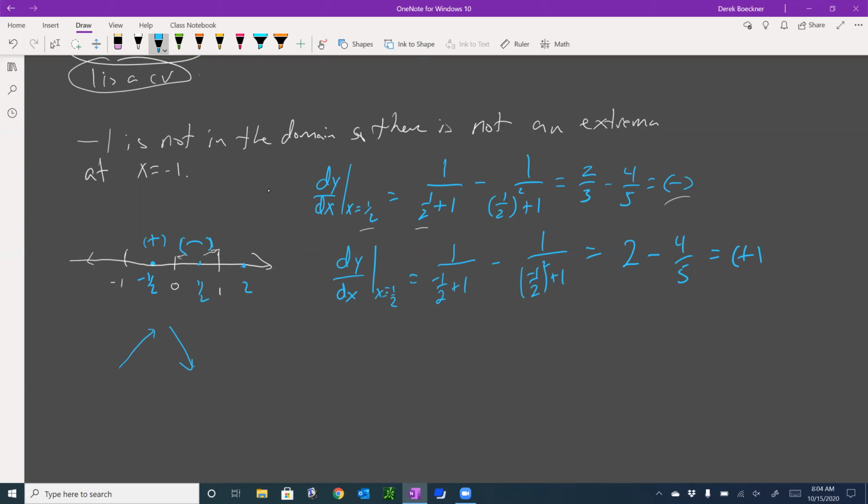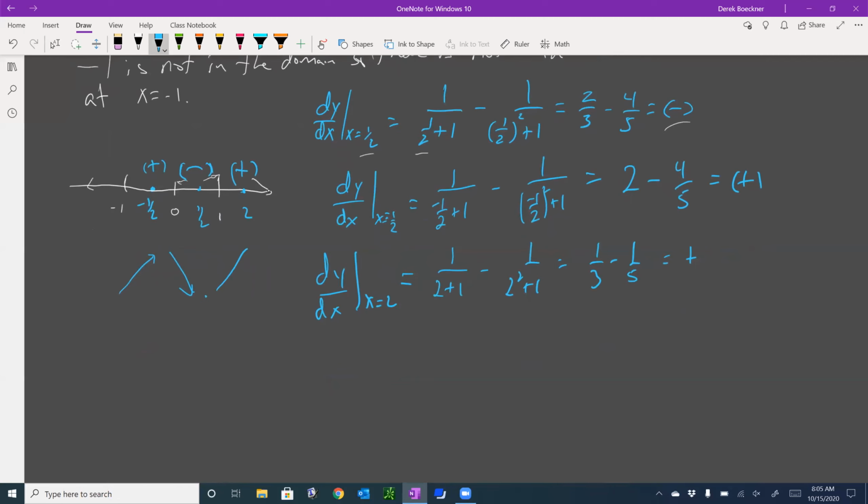And then let's put in a test value of 2. We're going to calculate dy dx at x equals 2. 1 over 2 plus 1 minus 1 over 2 squared plus 1 is 1/3 minus 1/5, which is still positive, right? 1/3 is bigger than a fifth. Okay, so I get another critical value because it goes from negative to positive. I get another extrema there. I have a minimum there, right? So we have a max